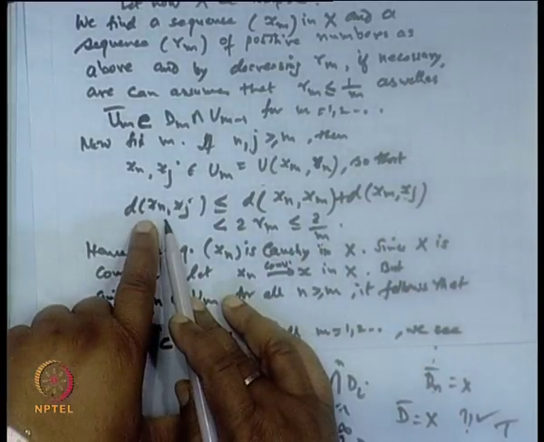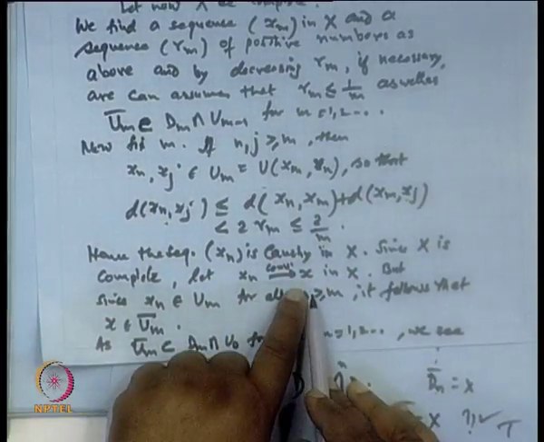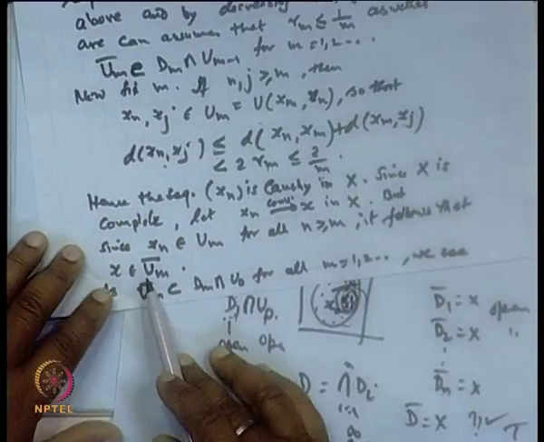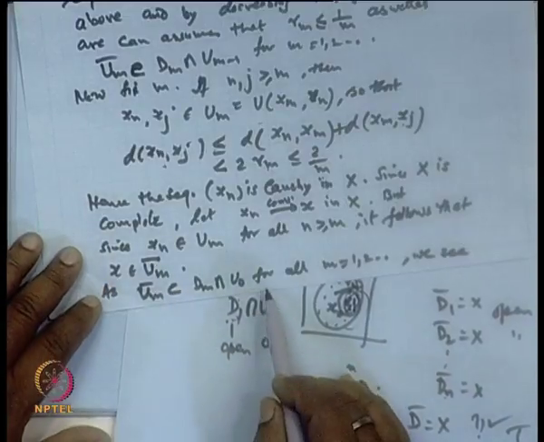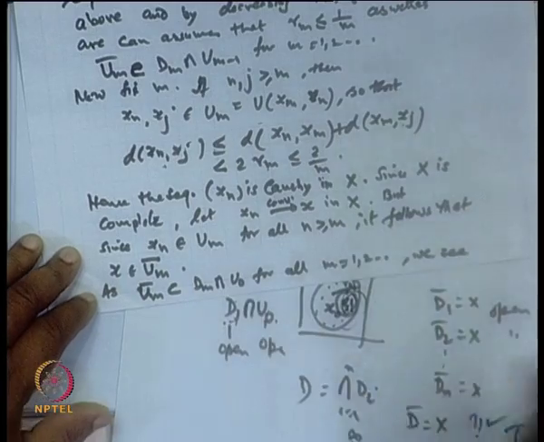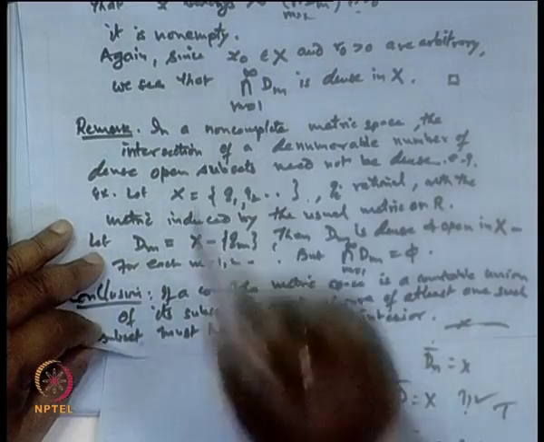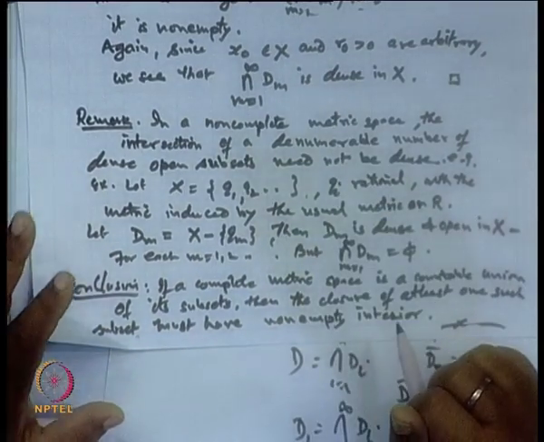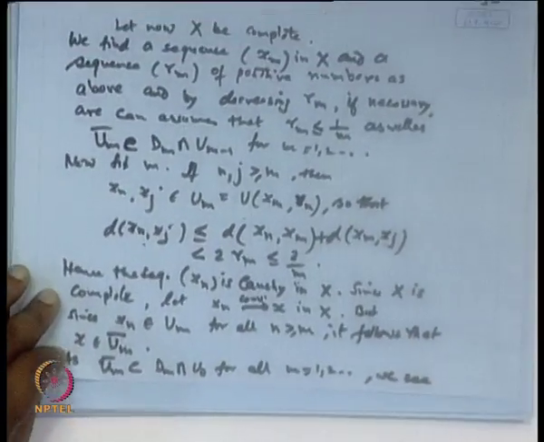It means the sequence x n is a Cauchy sequence, but x is complete. So, it must converge, and converge to a point x in X. So, we are getting a point x which belongs to the closure. Okay. So, this belongs to the closure, which means it is contained in the ball, and from here one can say it belongs to the intersection, hence this is not empty. Okay. So, we get that the intersection of these is dense. So, is it okay? So, this part will be clear.